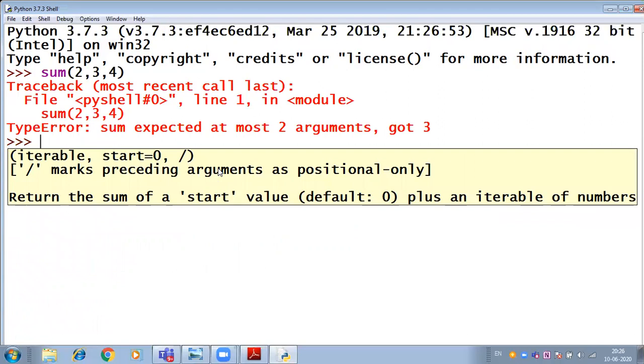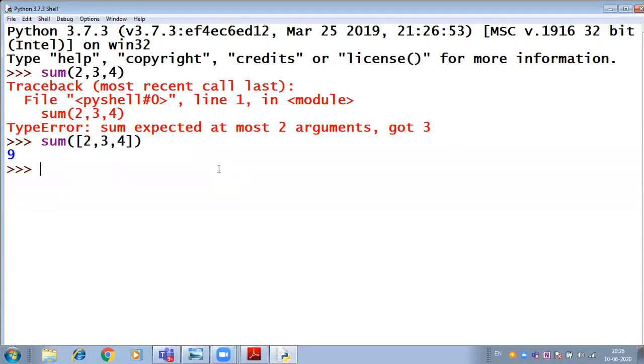For that, you have to pass either a list or a tuple to get the sum. So here I pass a list in it. So now you'll surely get the result. You can apply this sum function over a tuple also. How? For a tuple, you have to use round brackets and press enter. You'll get 9. So simple these functions are.